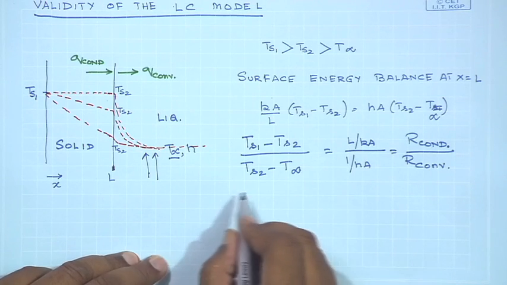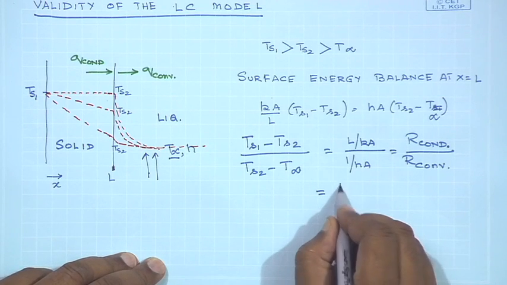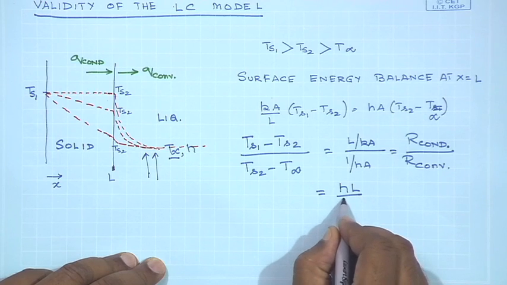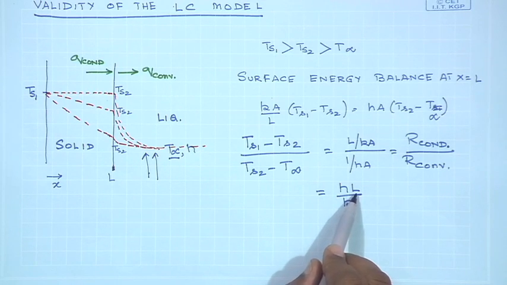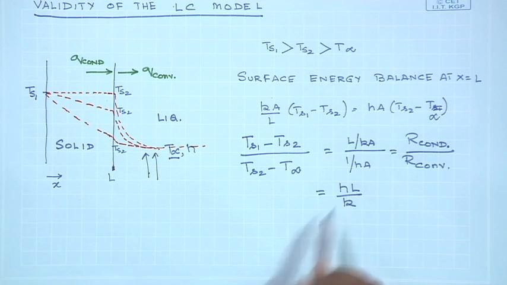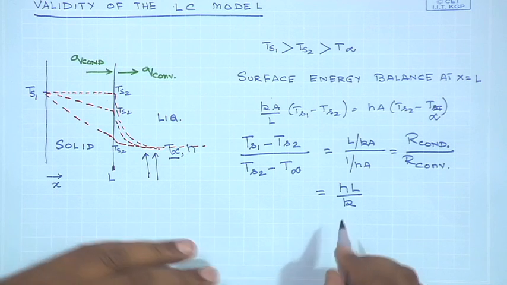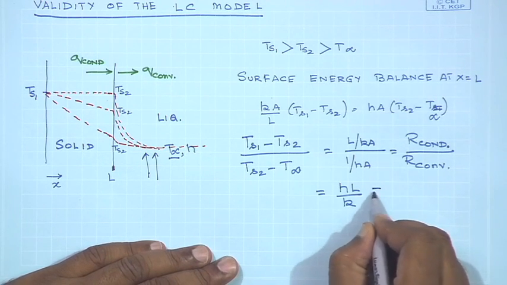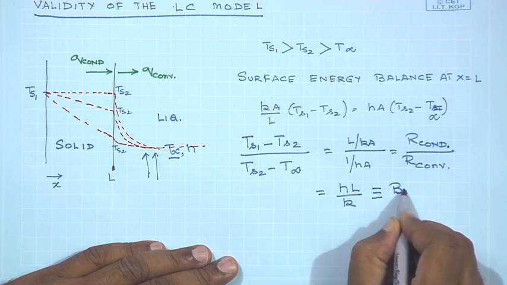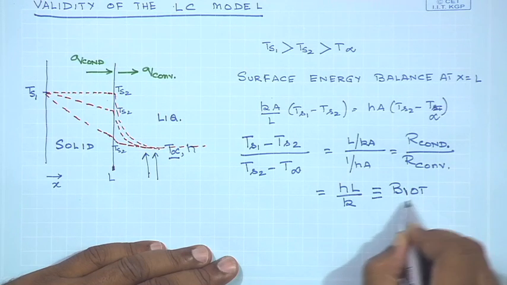If you simplify this, it is going to be equal to hL by k, where h is the convective heat transfer coefficient, L is the length scale, the length of the solid object, and k is the thermal conductivity of the solid, and this is defined as the Biot number,